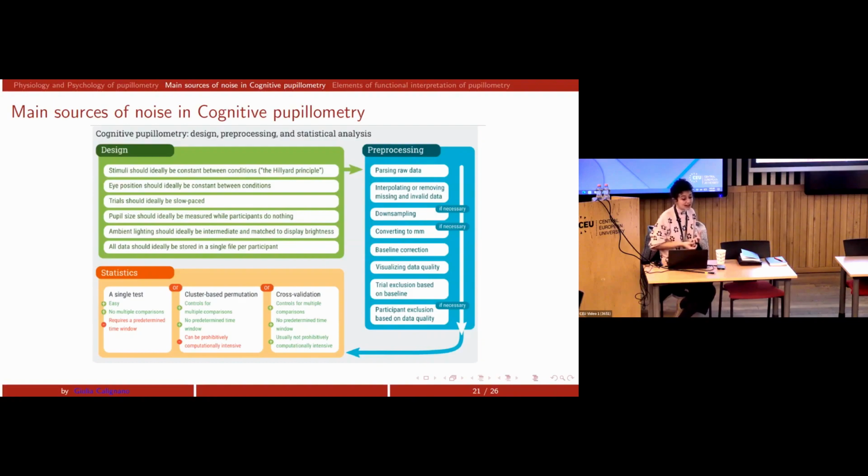Yeah, trials should ideally be slow paced. That's why, for example, I said that attentional blink is not an ideal construct to investigate through the lens of cognitive pupillometry, because it requires rapid presentation of stimuli, and it's better to give the pupil the right time to respond and to go back to the baseline. That is not so much time. We saw that it's around 200 milliseconds of latency after the onset of the stimulus. And so it's not like the